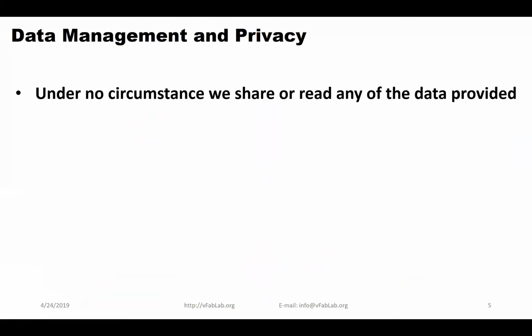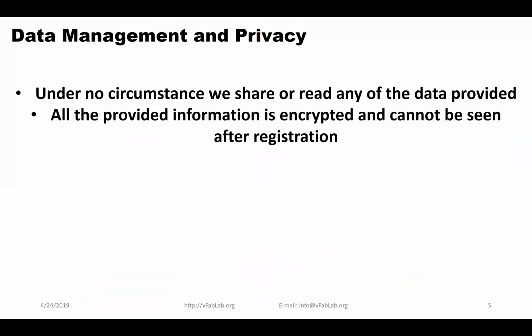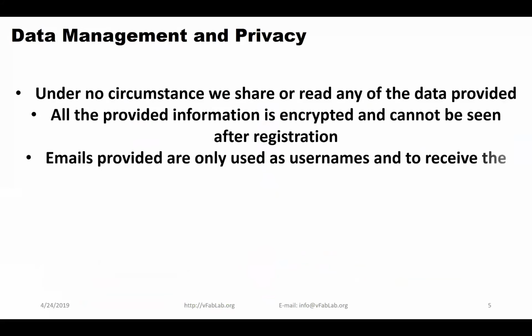All the provided information is encrypted and cannot be seen after registration. Emails provided are only used as usernames and to receive the confirmation email, and that remains in our database,